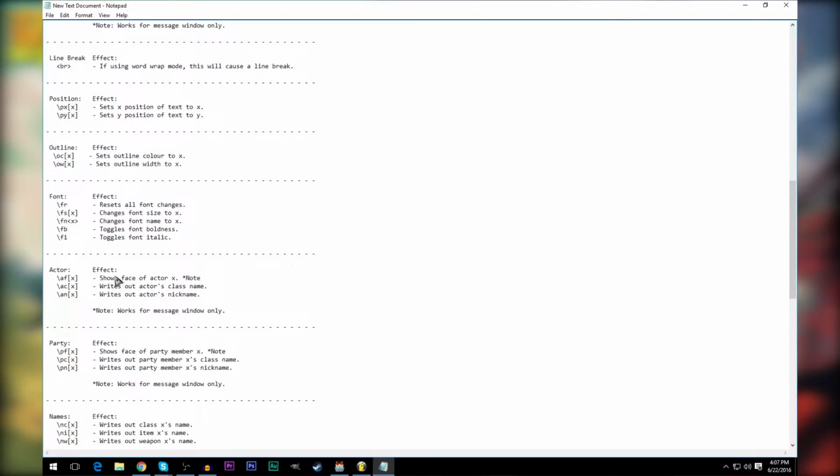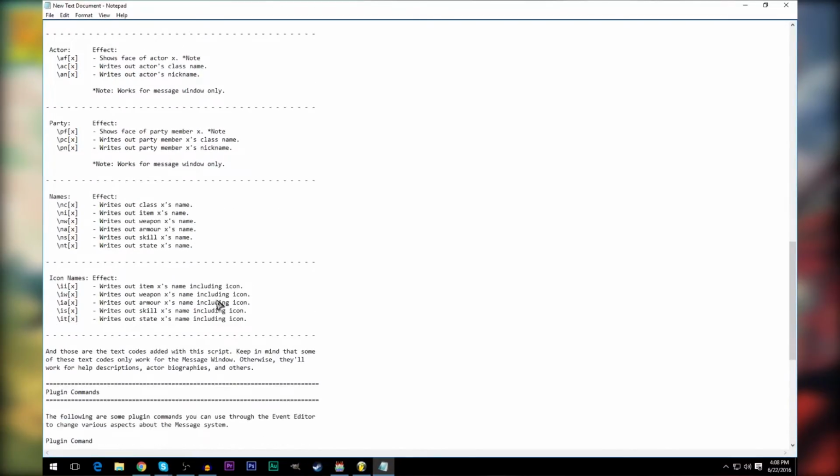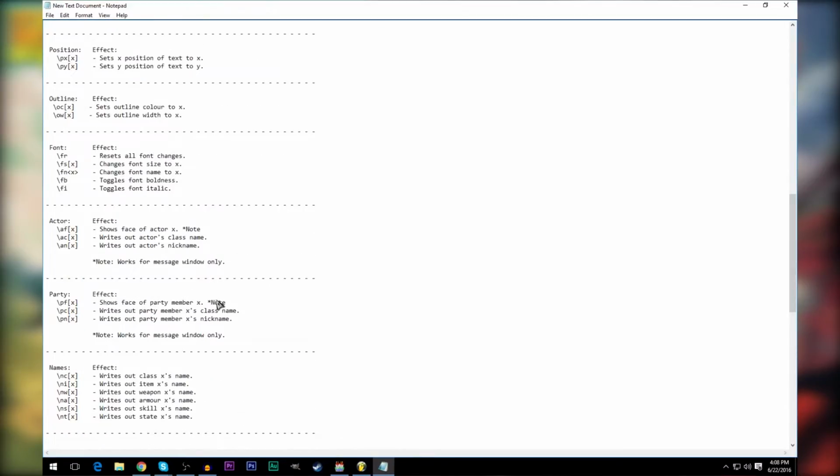This is what I was telling you about. This is also for message only. It'll show the face of an actor X, but it doesn't appear to actually position it. I know there was somewhere you could position it, but I guess it just defaults to the left and it's only on the left. The only kind of situation I could think of you possibly needing this to show the face of an actor is if